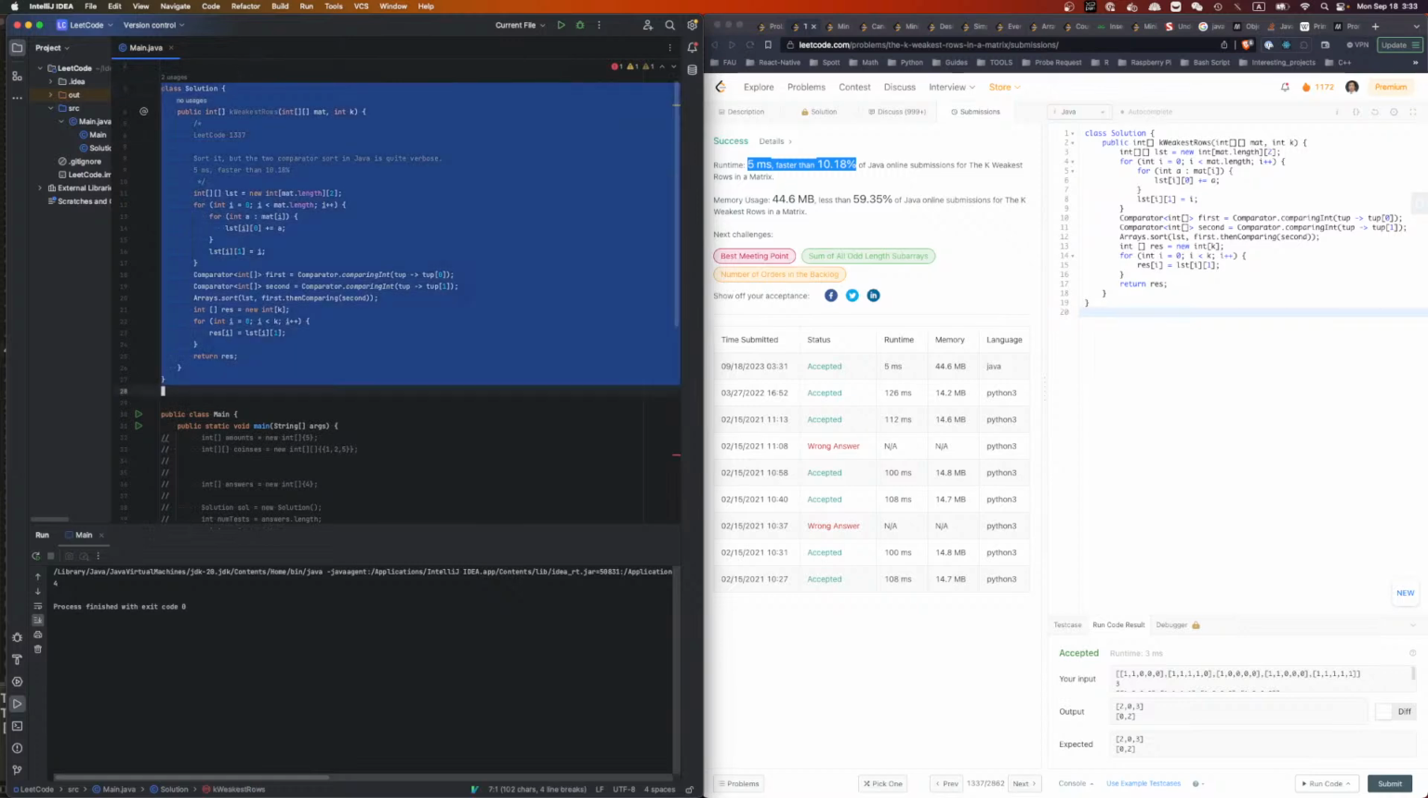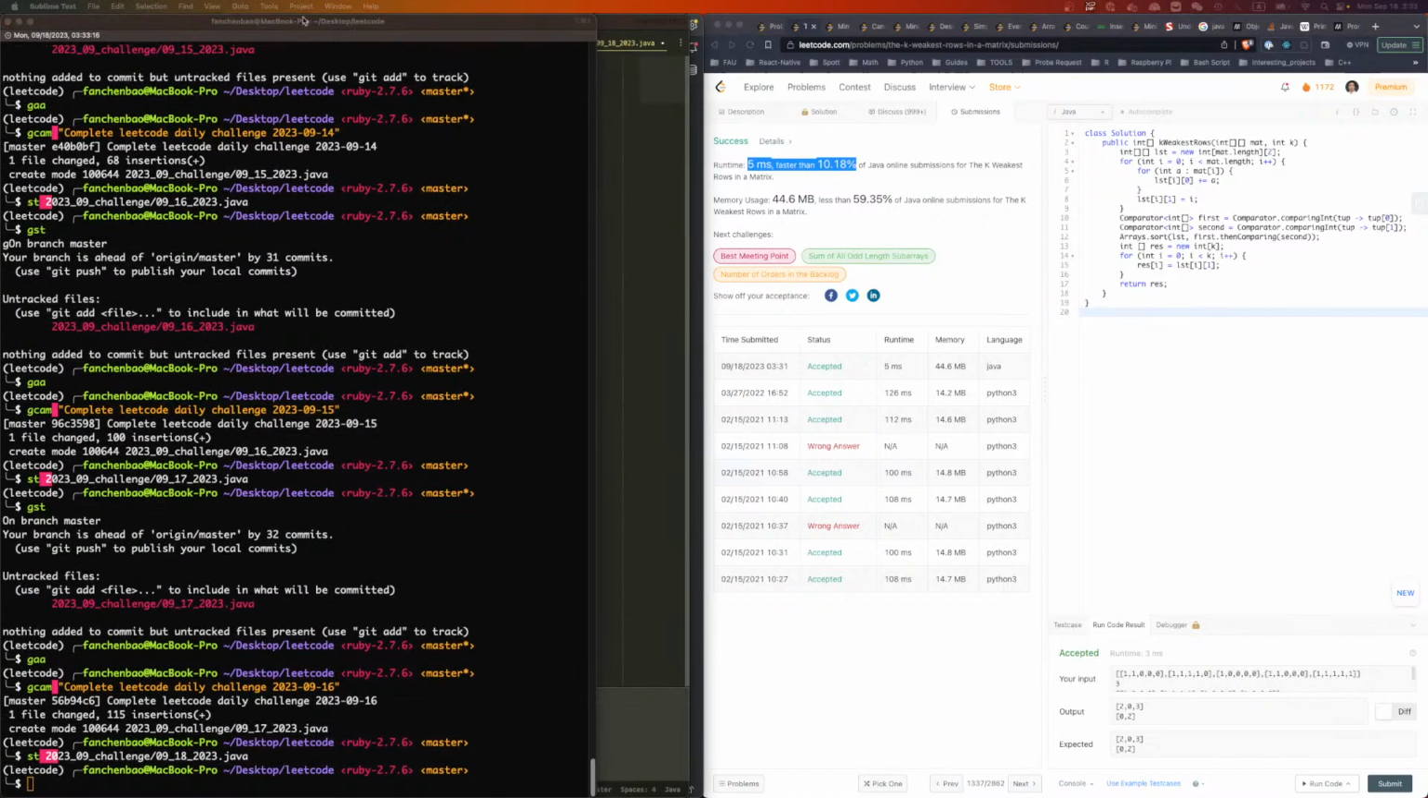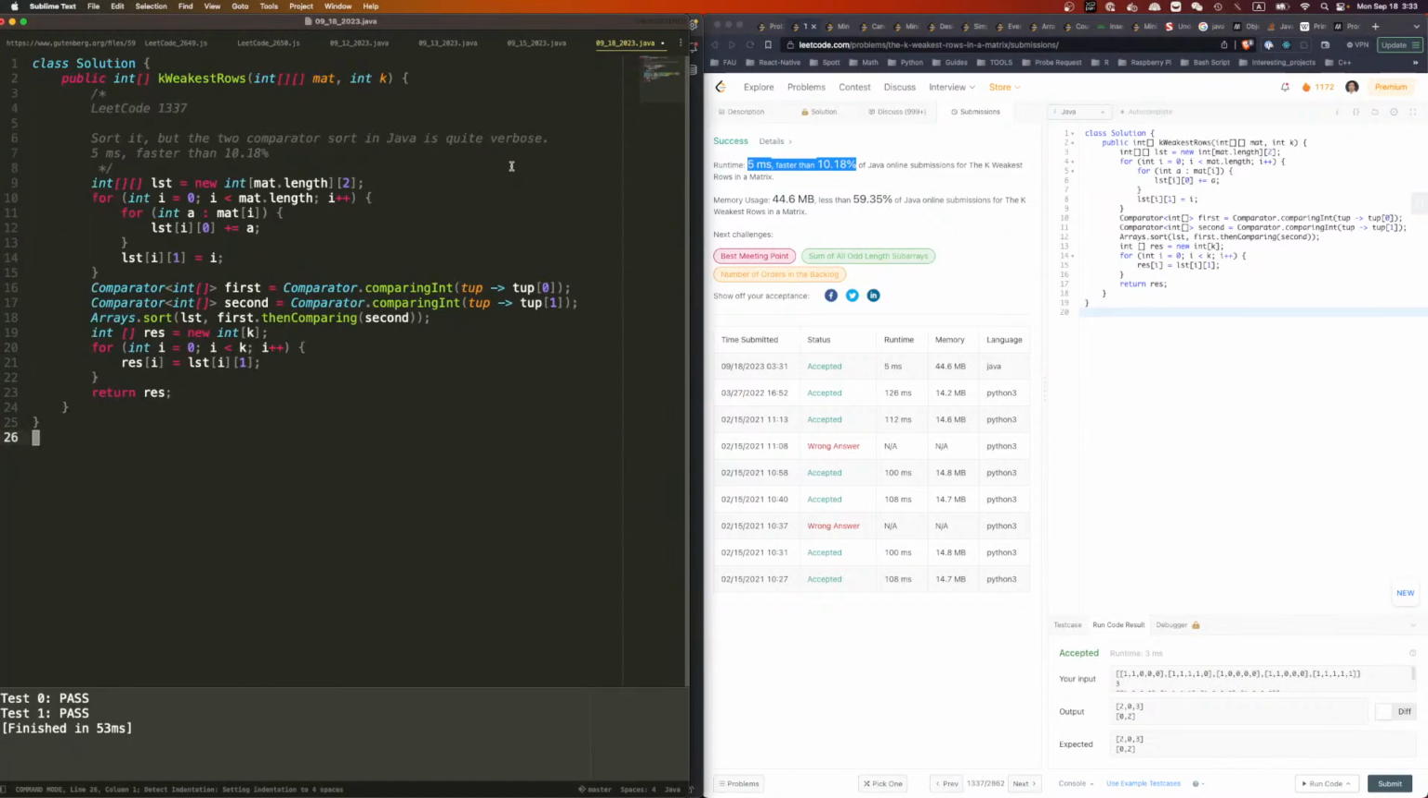All right, so initially, I think the goal was to deal with all the problems that we haven't finished completely. But given that the interview is really around the corner, so what I want to do is